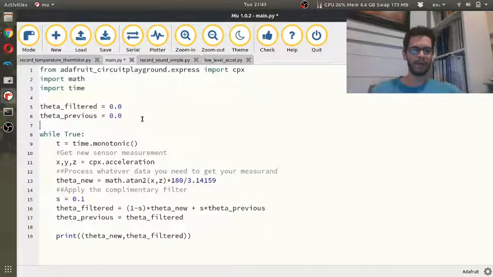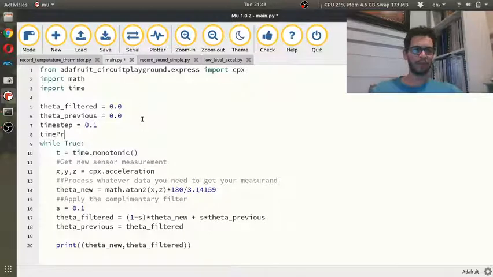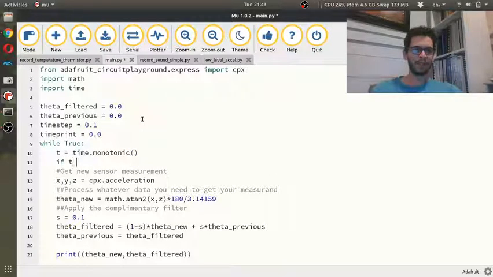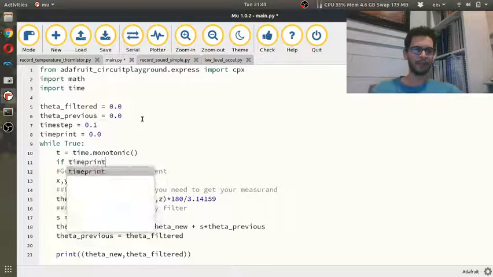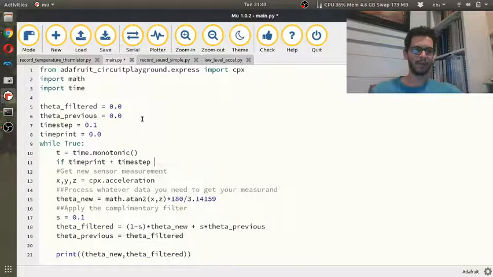So I'm going to have a time step that I'll call 0.1, and I'll say time print is 0. And I'm going to say if t is greater than time print plus the time step, then